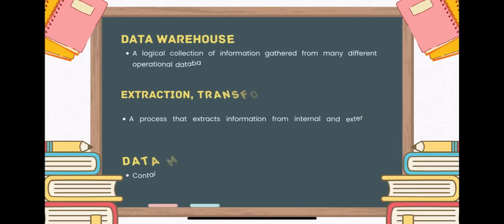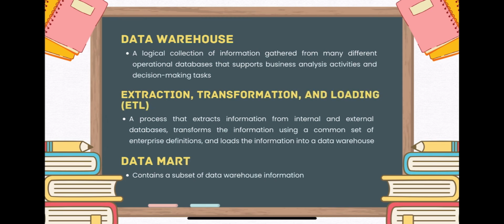So now we're going to jump into data warehouse. What is a data warehouse? A logical collection of information gathered from many different operational databases that supports business analysis activities and decision-making tasks. The primary purpose of a data warehouse is to aggregate information throughout an organization into a single